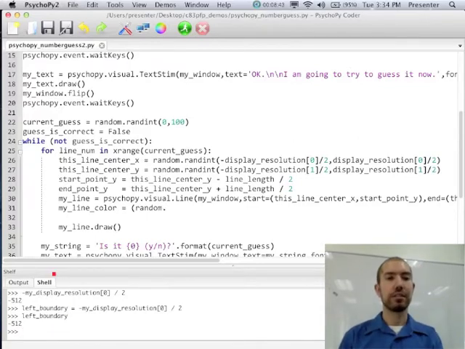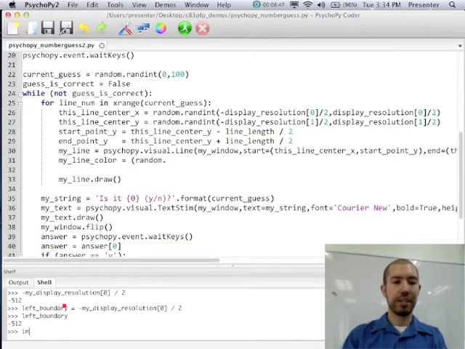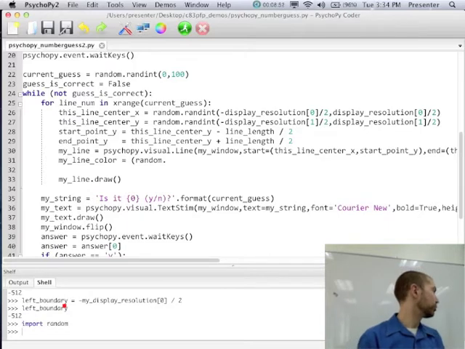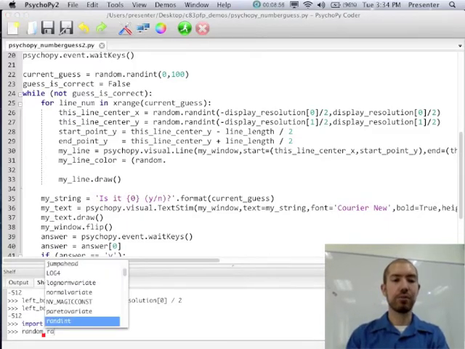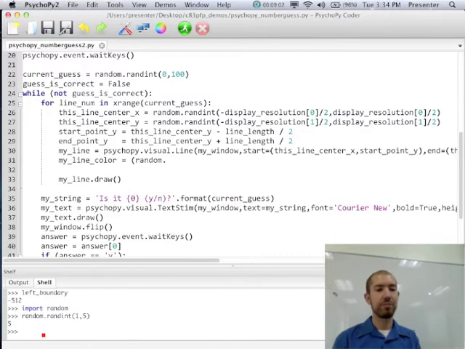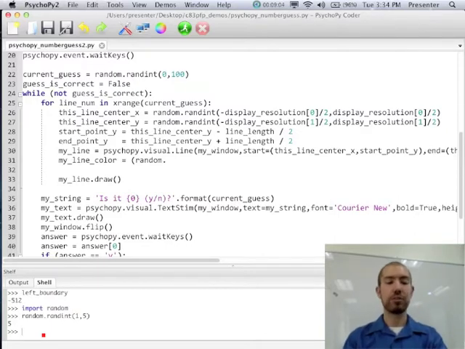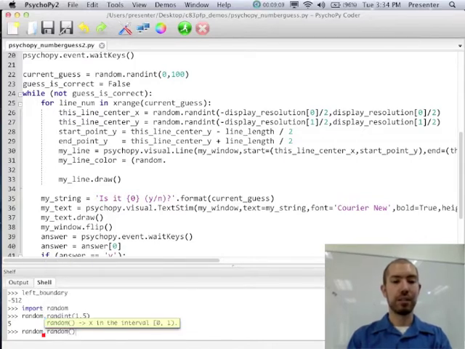So let's demonstrate what we're going to do on the command line. You don't have to do this, but let me just show you. So I import the random module so I can demo some commands down here. If I do random.randint, you've already done this before, right? So if I want between 1 and 5, it gives me a random number between 1 and 5. But if I just want a random decimal value, I can use one called random.random, okay?